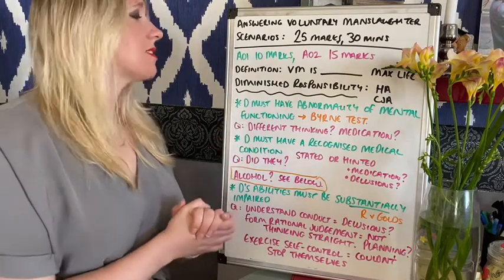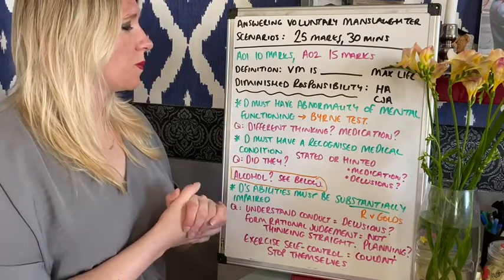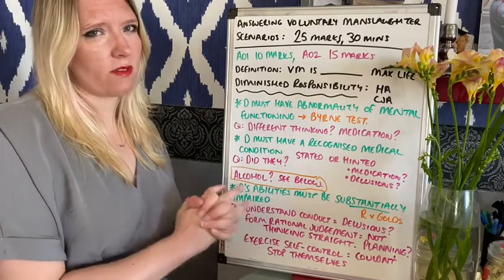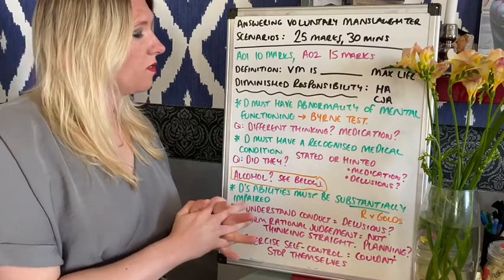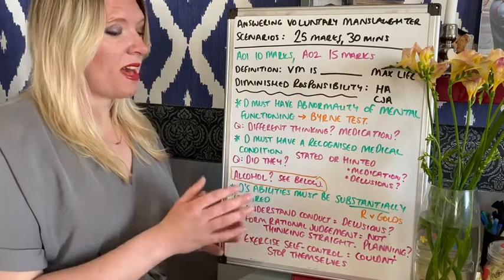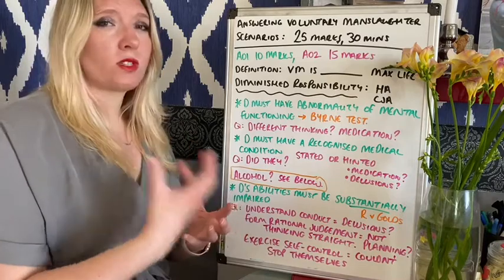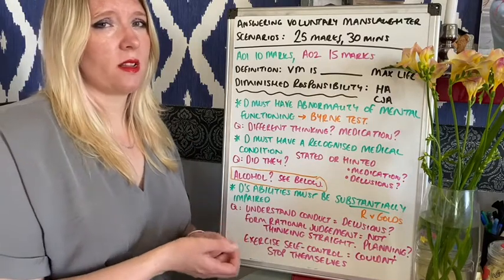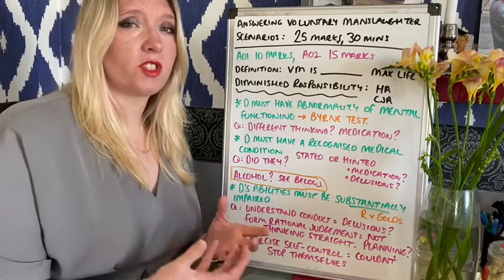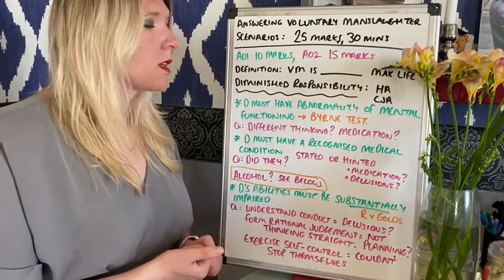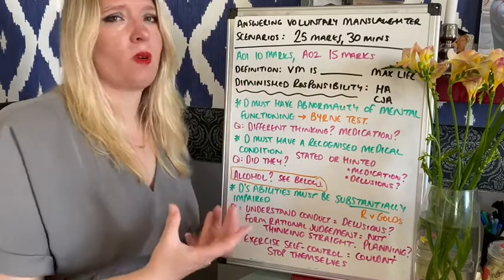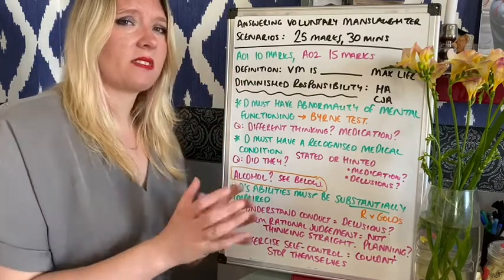The first thing, for example, for a claim of diminished responsibility is that the defendant must have an abnormality of mental functioning. This means, according to the Byrne test, that their thinking and reasoning was so different from a normal person that a normal person would judge it as abnormal, which is of course a job for the jury to decide. Full stop. All of what I've just said there is AO1 because I haven't made reference to any scenario